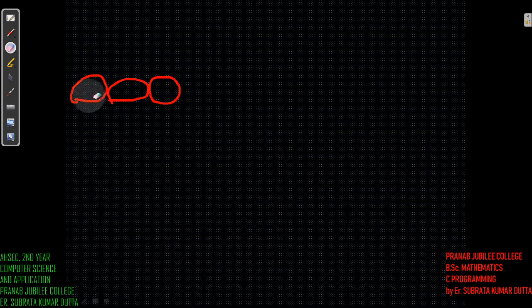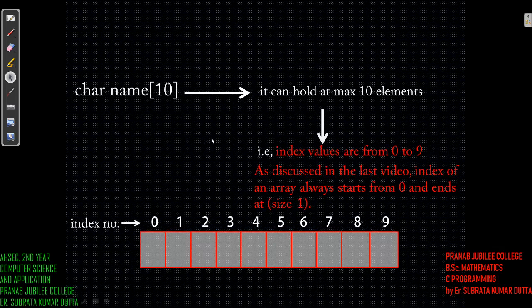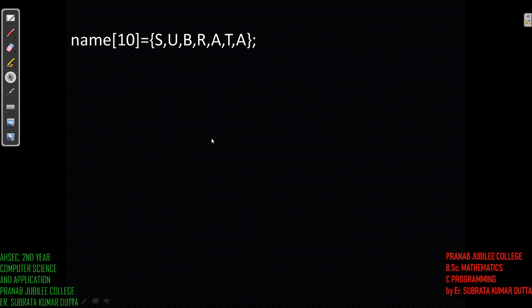Next, we have entered the elements. What elements have we entered? S, U, B, R, A, T, A, right? The first character we have entered is S. So S will be entered where?